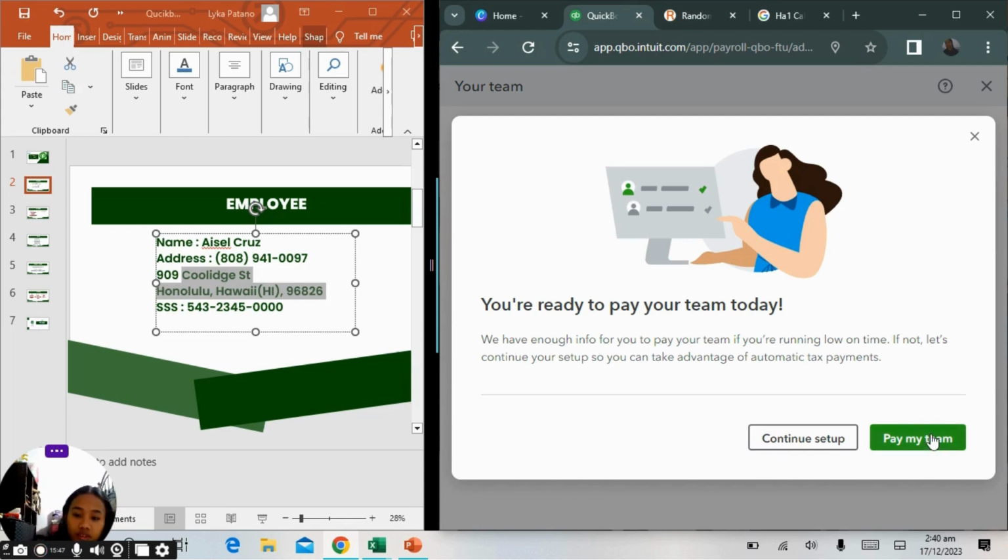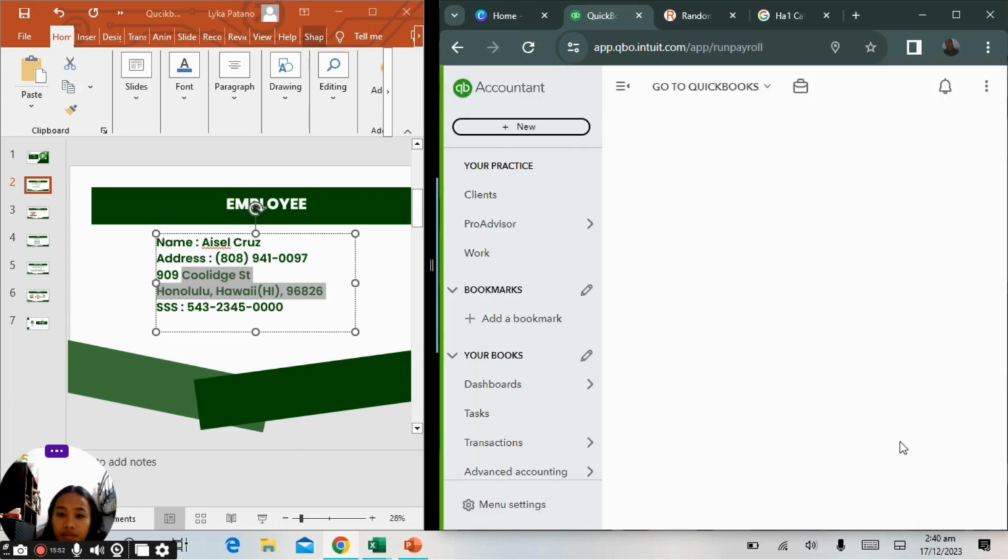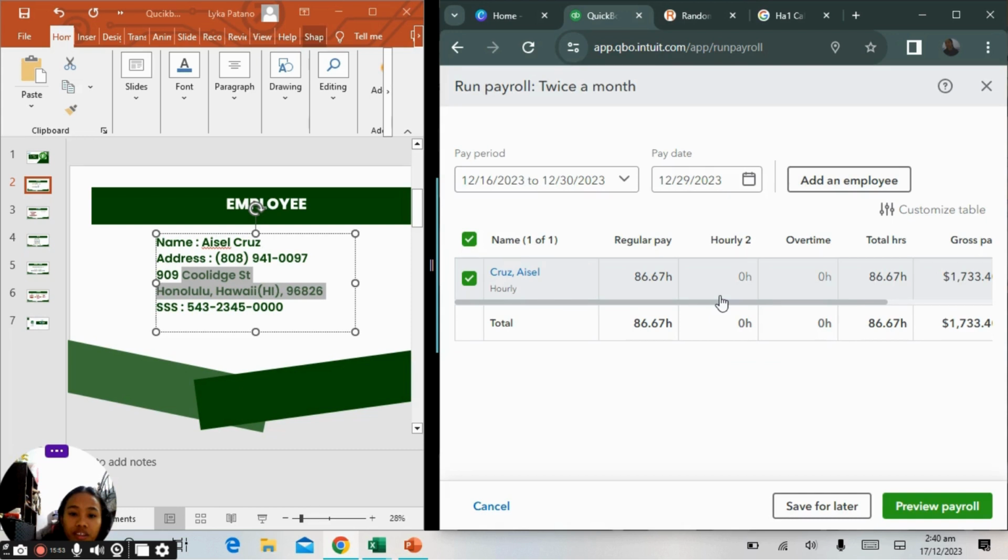So we have to go to pay my team, and then we can actually do here a run a payroll, and you can see here the information about our employee ISO cruise and how is it being paid, the total number of hours, the overtime, and the gross pay